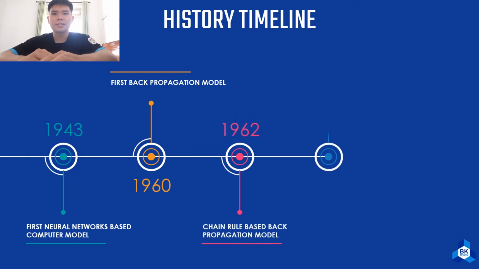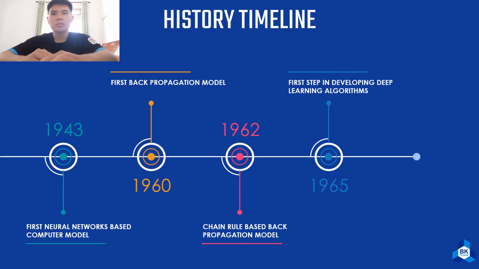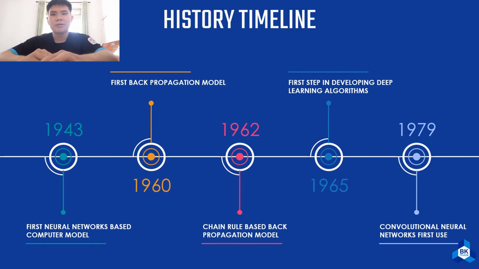Since then, deep learning has evolved steadily over the years with two significant breaks in its development. The development of the basics of a continuous backpropagation model is credited to Henry J. Kelley in 1960. Stuart Dreyfus came up with a similar version based on the chain rule in 1962. The earliest efforts in developing deep learning algorithms date back to 1965 when Alexey Grigoryevich Ivakhnenko and Valentin Grigoryevich Lapa used models with polynomial activation functions.